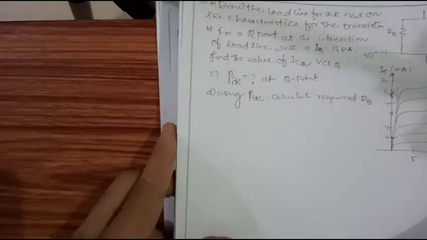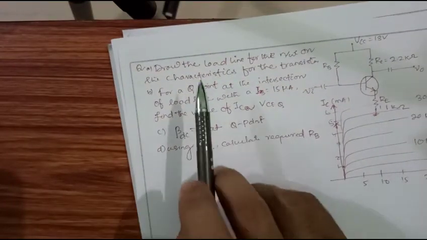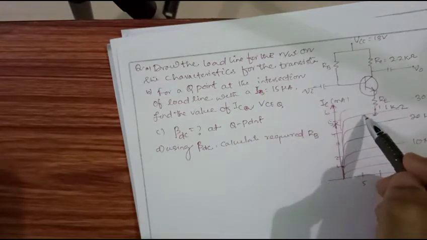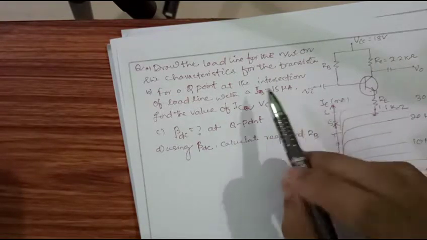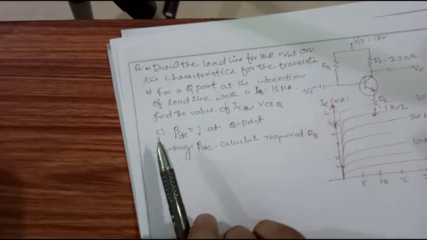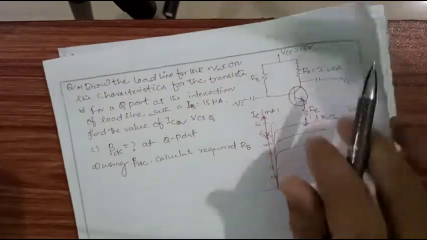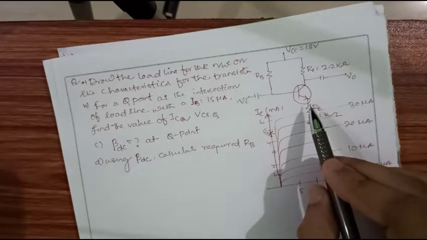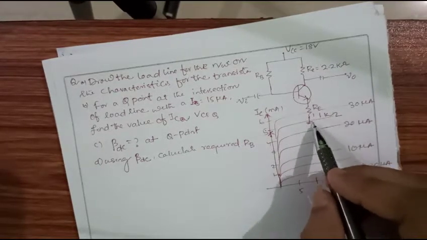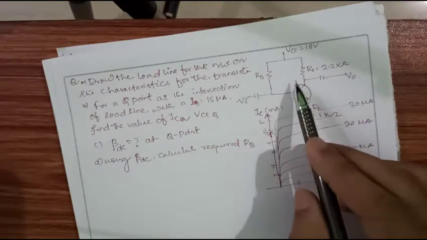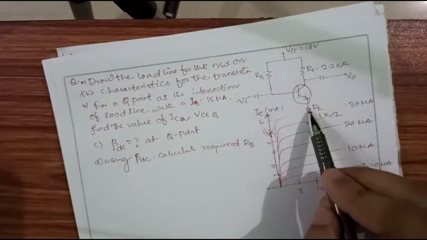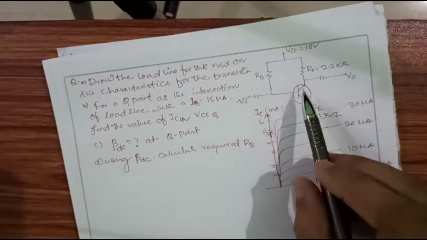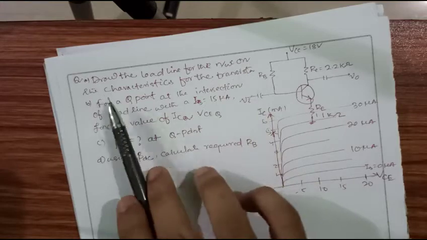So there is a question given. Draw the load line for the network of this circuit. For this we have to draw the load line on the characteristic for the transistor. From the diagram, first of all, you see which type of biasing this is. It is an emitter bias configuration, because RE is connected in the emitter. It means RB and RC were there for fixed bias, and the addition of RE on the emitter side gives me the emitter bias configuration. It is asked to draw the load line for this network on the characteristic for the